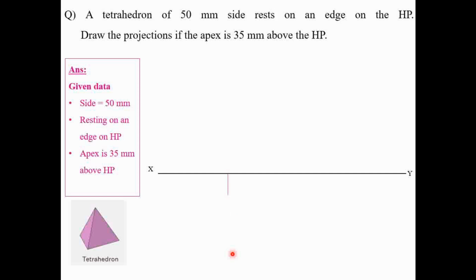Means you can observe here the first side, which is 50 mm; we have to draw a vertical perpendicular to the xy line. Then this is the dimension for that. And the true shape of the base of the tetrahedron is nothing but an equilateral triangle, means all three sides have the same dimension. So we have to complete the true shape of the base, that is the equilateral triangle,